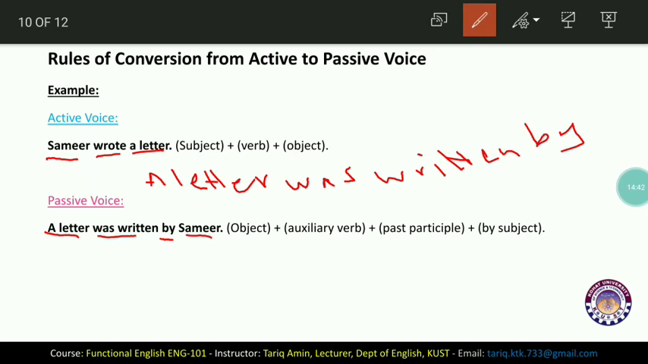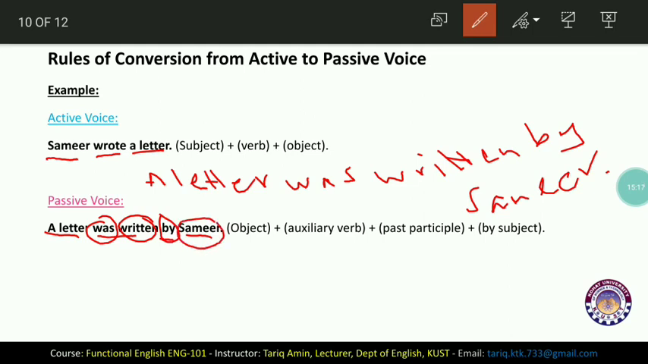And the very last step is to change the subject into object. A letter was written by Samir. Samir is the subject in the active voice. We need to change it into object, and this is by Samir. Okay, I've written the same sentence, but I've applied these 6 steps. A letter is the subject, was is the helping verb, written is the past participle form of the verb write, by is the preposition, Samir is